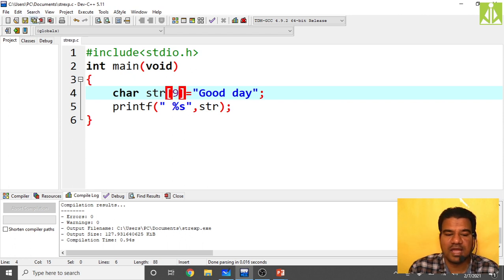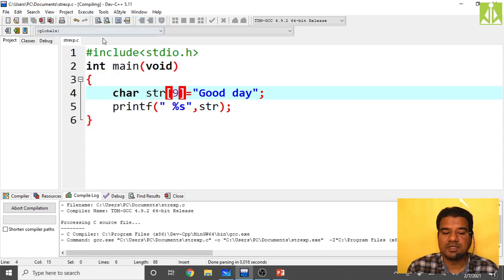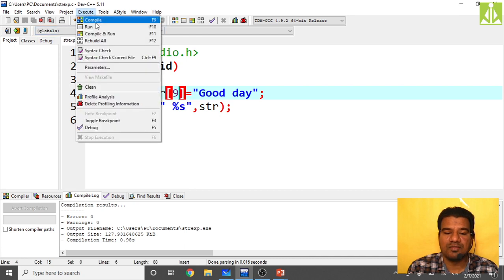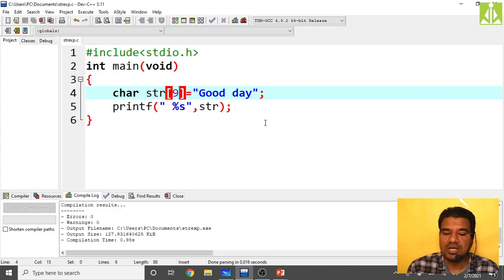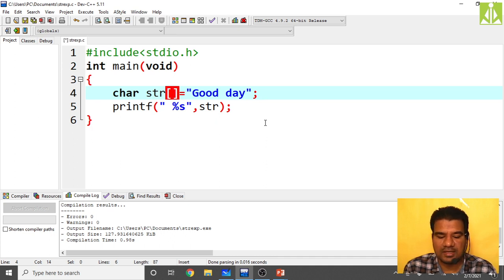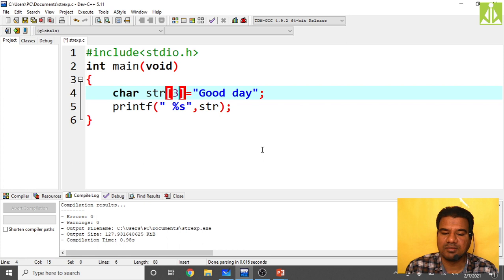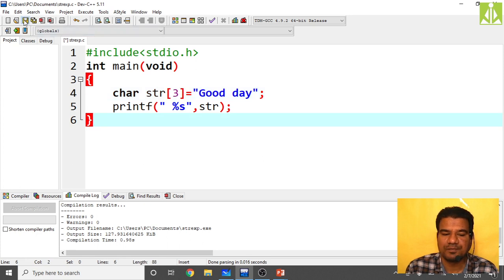If I give size 9, because this Dev C++ is an advanced compiler, it is more sensitive, we can say. It will give more errors. The code should be so robust in order to execute it. Okay, so if I put like this, let us say only 3 characters I am keeping. So now what will happen, we check.